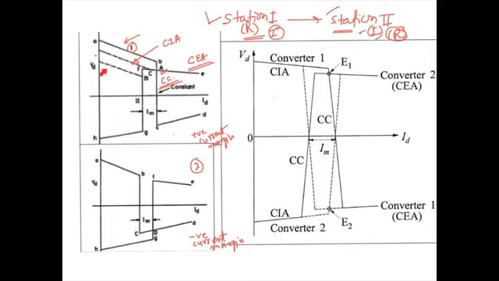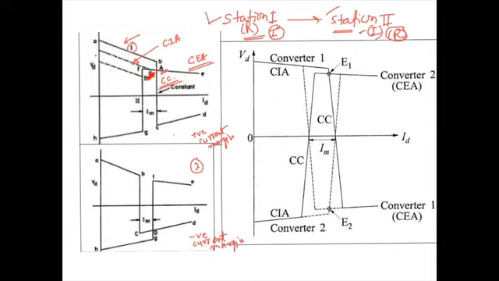Now if the voltage of rectifier has dropped significantly, then the constant current controller of inverter comes in picture, and the new operating point obtained is B, where the HVDC link is working with reduced current. So this is the case when station 1 is acting as a rectifier and station 2 is acting as inverter. We understand that there are three operating points possible depending upon the rectifier side voltage.